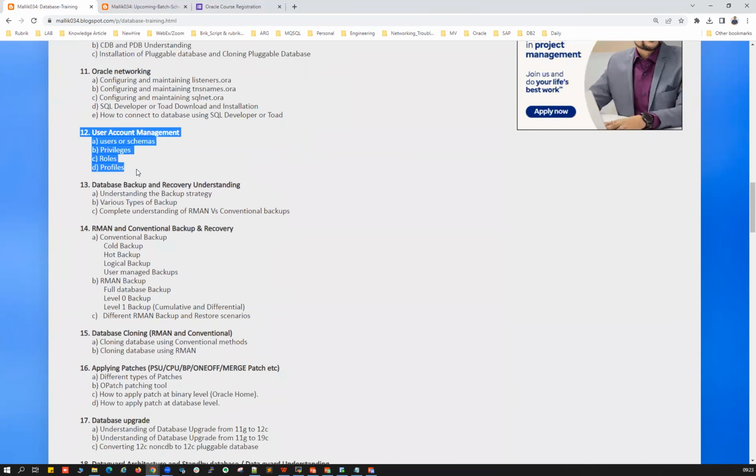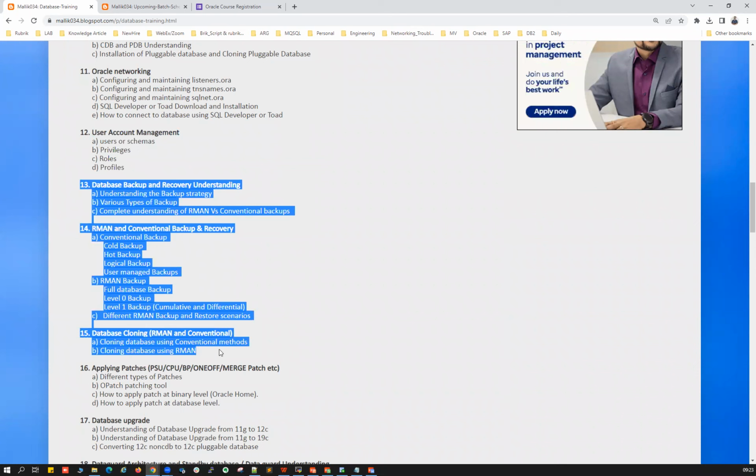User management like roles, privileges, permissions, grants, quotas, and storage will all be covered here. Again, there are many other things, like requests that come in: can I clone my user one as user two? Can I get the same privileges of user one for user two? Can I get all the privileges of my user one? All those activities will be explained when we talk about these particular topics. I just mentioned only a few of them here. That's not limited to only this topic. Along with that, there are many things covered as part of the course.